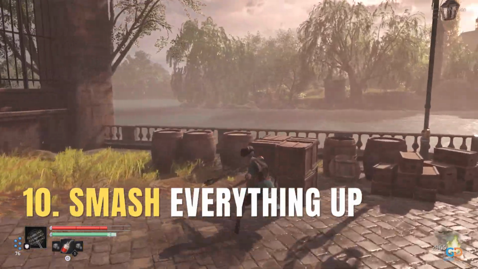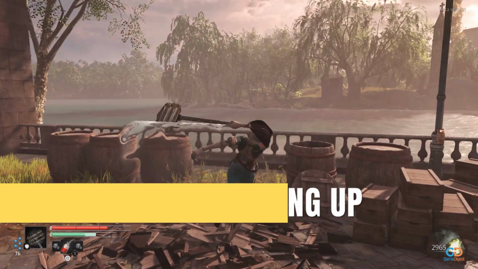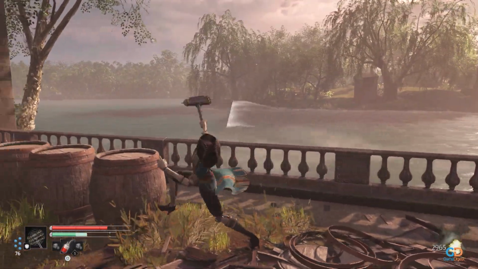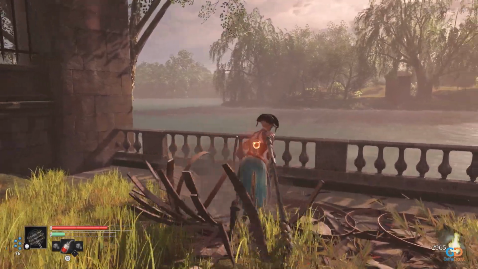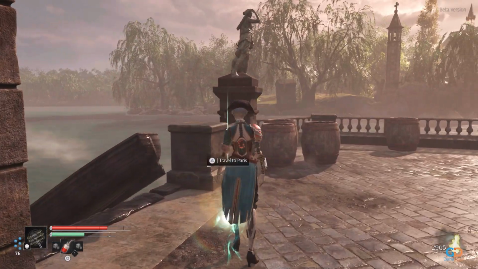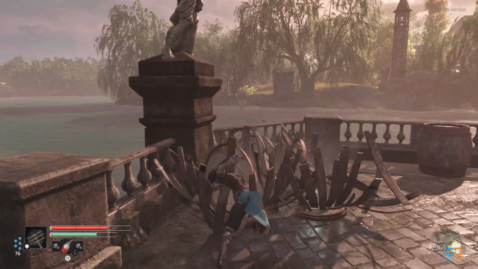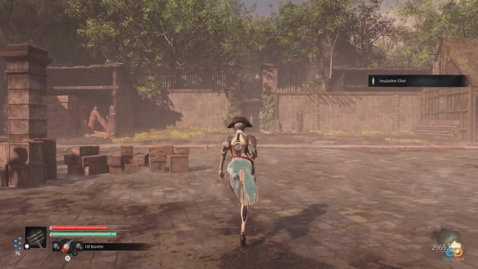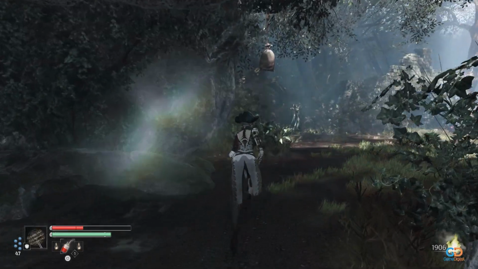10. Smash everything up. As a Souls-like game, this isn't something new. Crates and other breakables are spread throughout each zone. Breaking them can earn you valuable loot which will help you progress and get stronger faster. In this game, it's not only crates that give you hidden treasures, but also the objects found in the